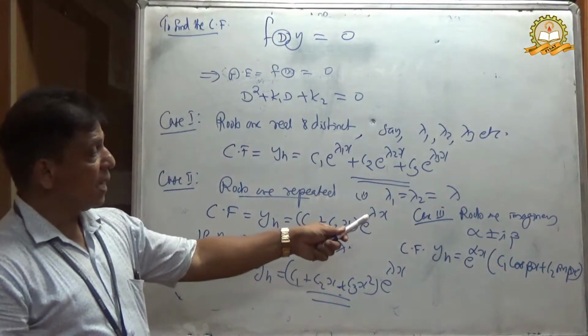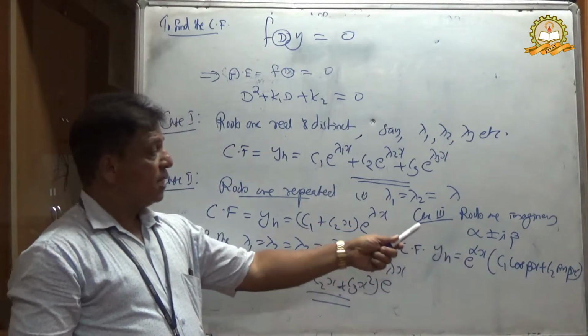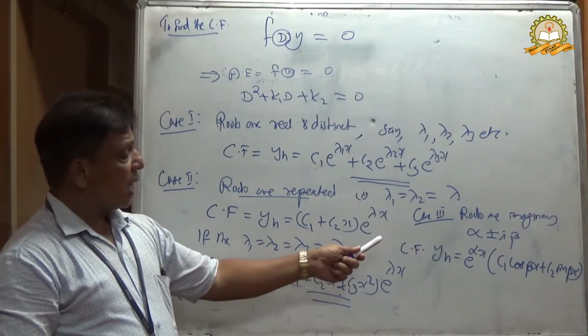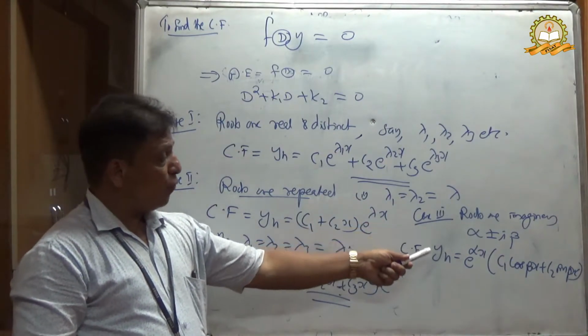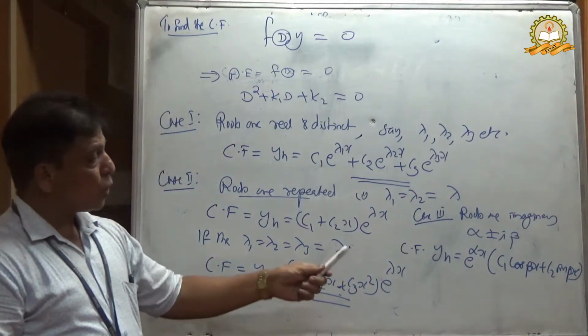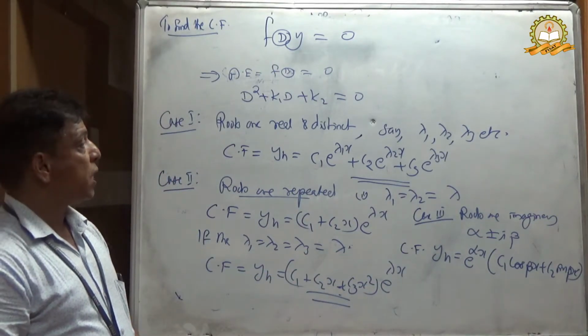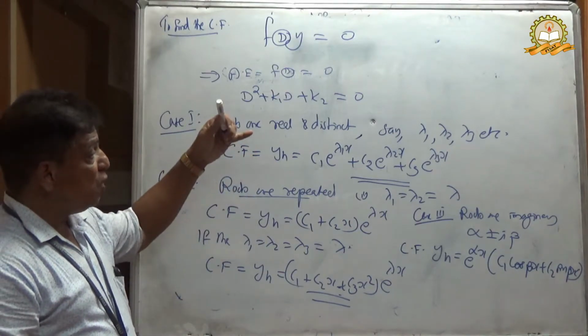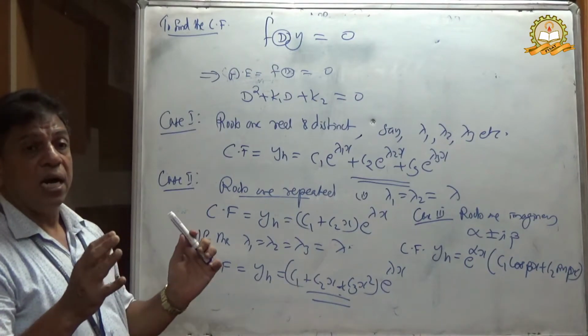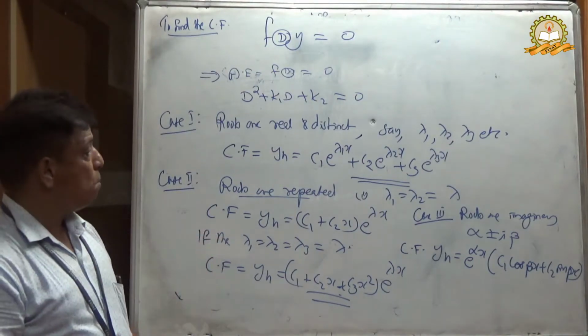This is the third case. Roots are imaginary, that is in the form of alpha plus or minus i beta. Then we can write the complementary function as y of h is equal to e raised to alpha x into c1 cos beta x plus c2 sin beta x. These are the three different cases for writing the homogeneous part, that is, the procedure for writing the complementary function